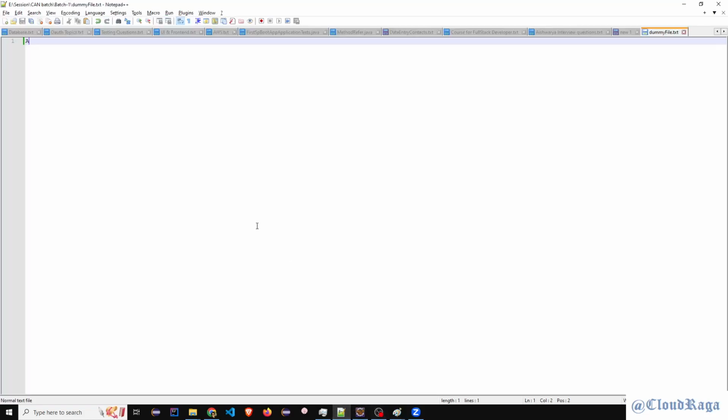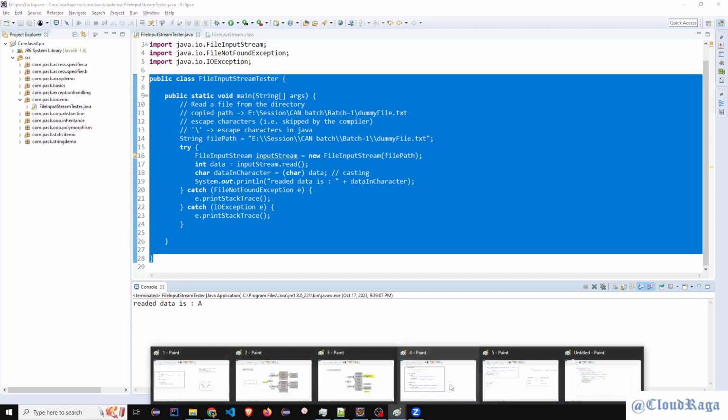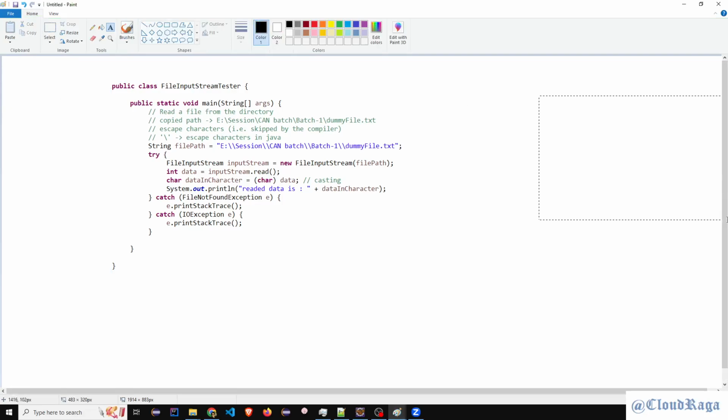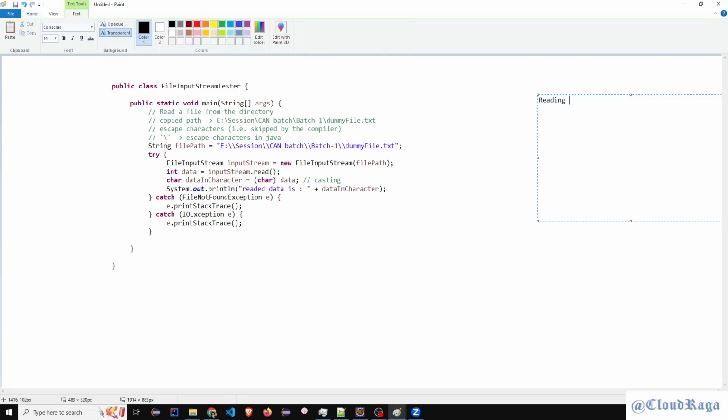Otherwise, we just did that first example from the IO package, reading from a file, from the dummy file.txt. What does it have?